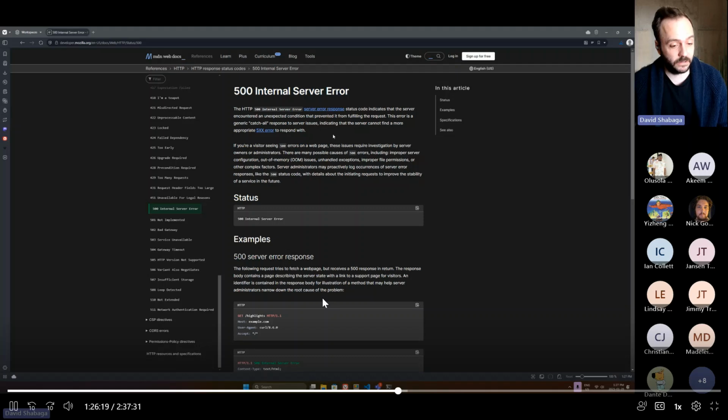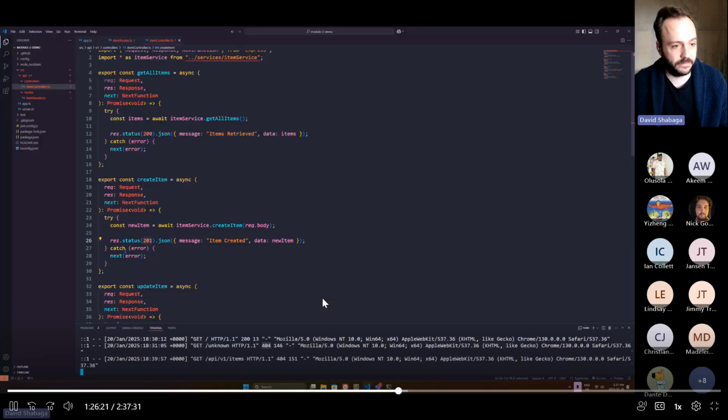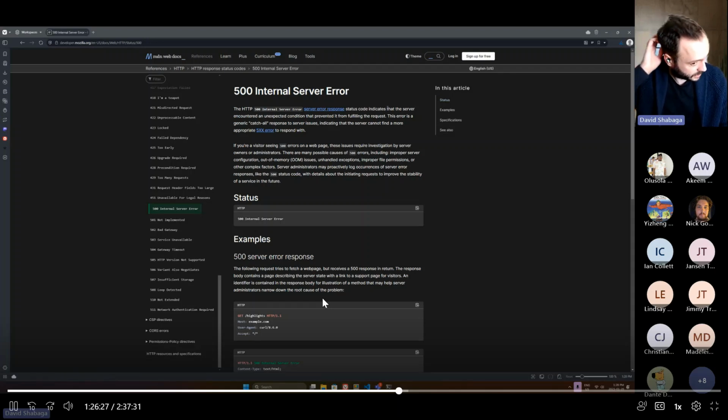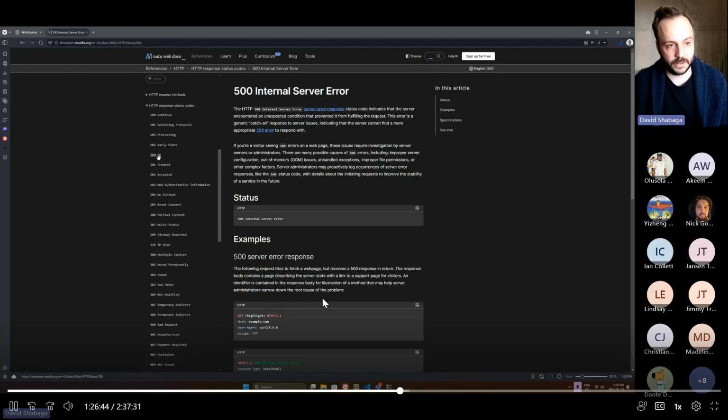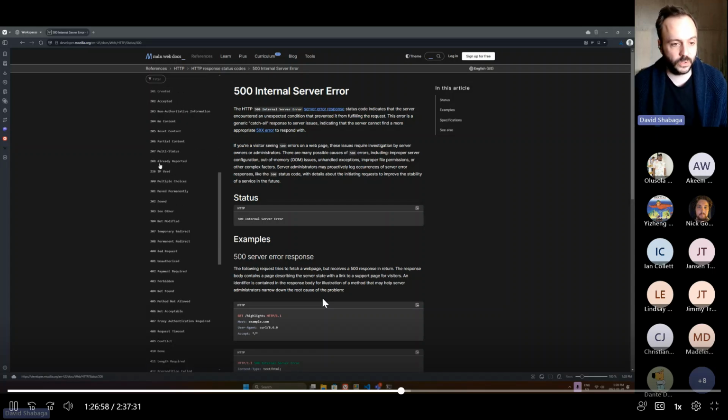So in a case where maybe I'm dealing with an error in my code that I haven't defined a type for, and I don't know how to manage it, that might be a generic error handler, and it might be returning a 500 status saying, I'm not sure how to deal with this error. I'm giving you a 500, something's wrong with me. There could be many other reasons for giving a 500 error. It really depends on what we're doing. Same concept with the 200s as well. We use less of the 100s. The most that we'll deal with in this course, I should say, is going to be the 2s